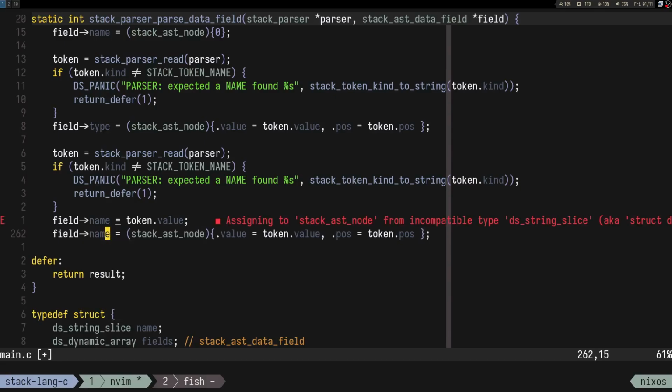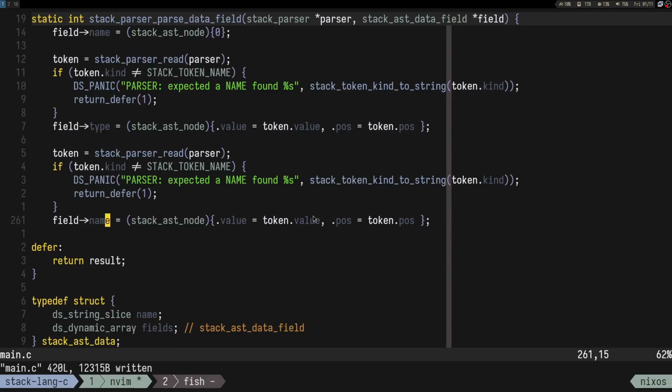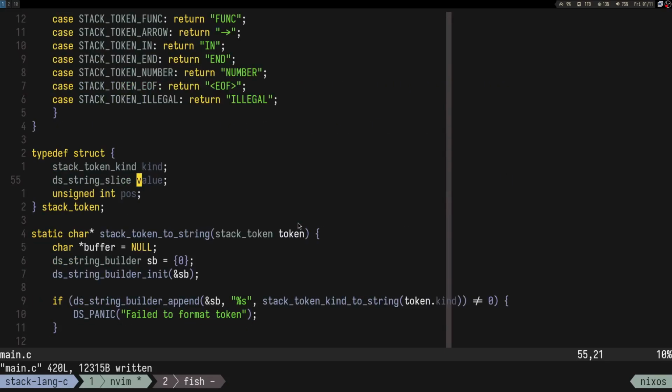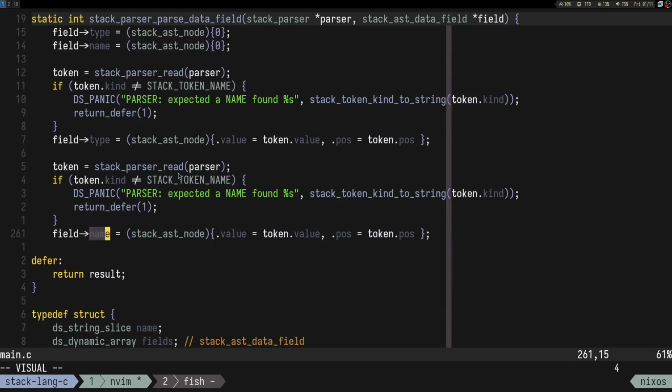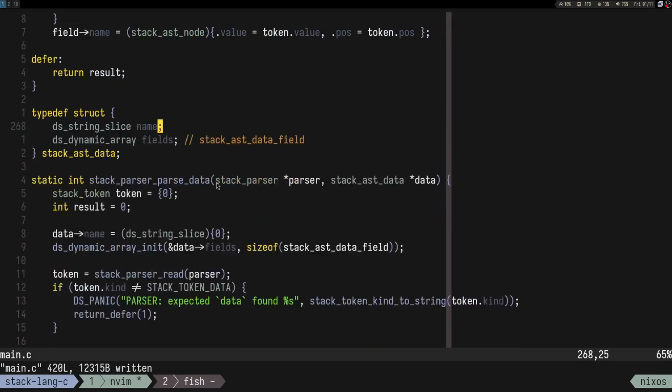All right, so here it's the same thing, but it only contains the value and the position, so we don't care about the kind anymore. The kind is already known, right? It's going to be a name. So I guess that's the other point. Okay, so here